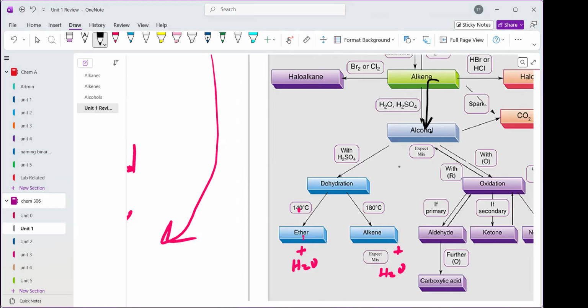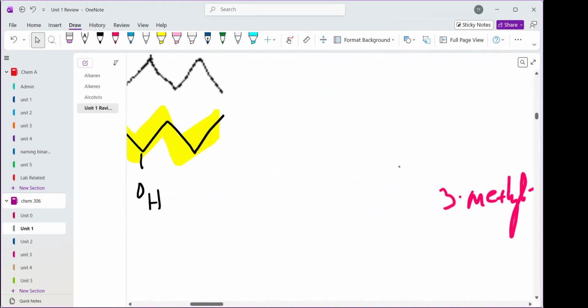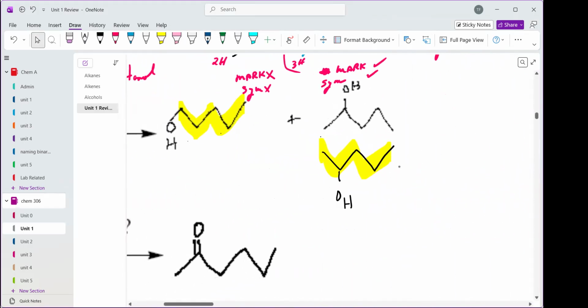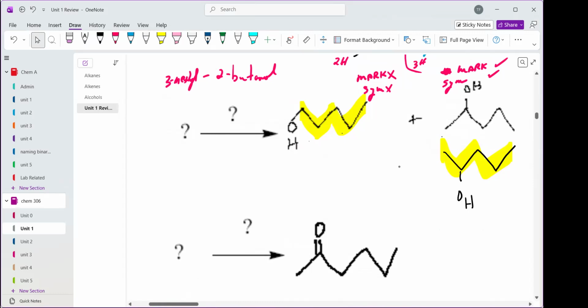Because we have alcohols, how do we make them? We make them from alkenes. We can also make them from an aldehyde or ketone, but that's chapter 2. As far as chapter 1 goes, we can only make them one way: alkene with water across the double bond. So the double bond, if we start with the double bond going from carbon number 1 and carbon number 2,